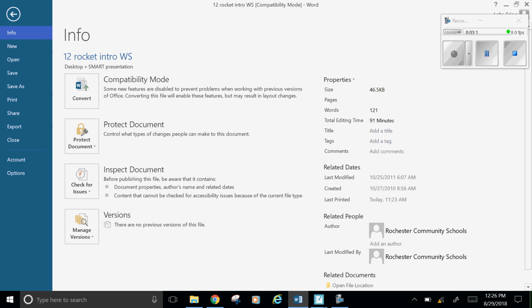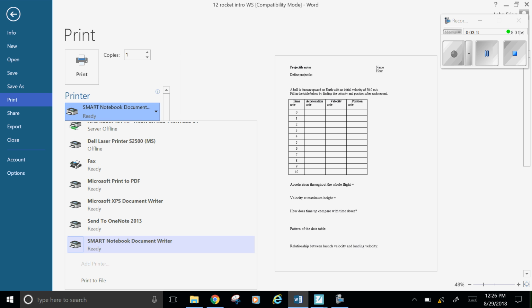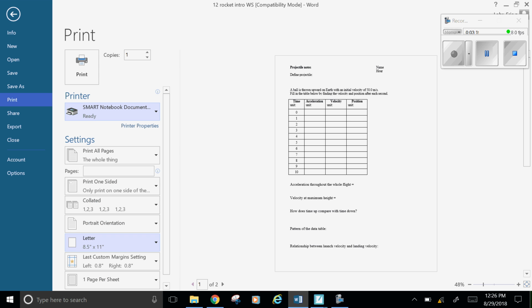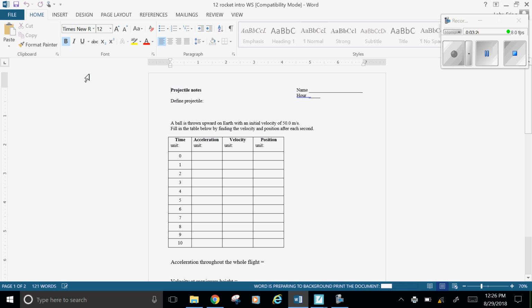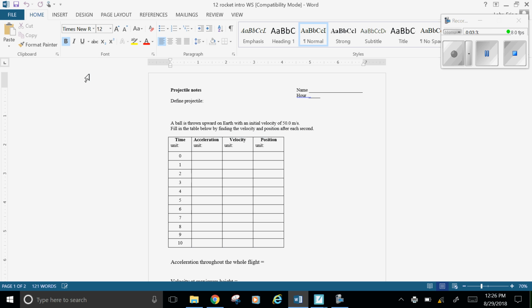I can go to File, I can go to Print, and when you go to your list, it's already highlighted because I've done this already today. It's at the bottom, typically Smart Notebook Document Writer. You highlight that, and once it's highlighted, you can do the same old, just page 1 and 2, however you want to do it, and you just hit the print button. I'm going to get some choices. I don't know what those do. I click on print, and